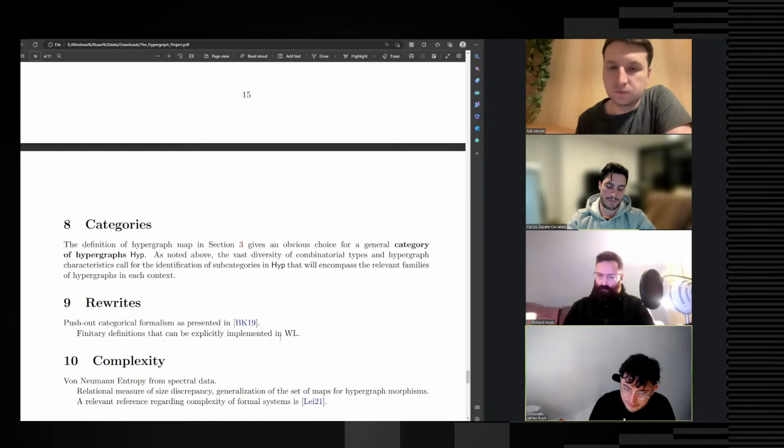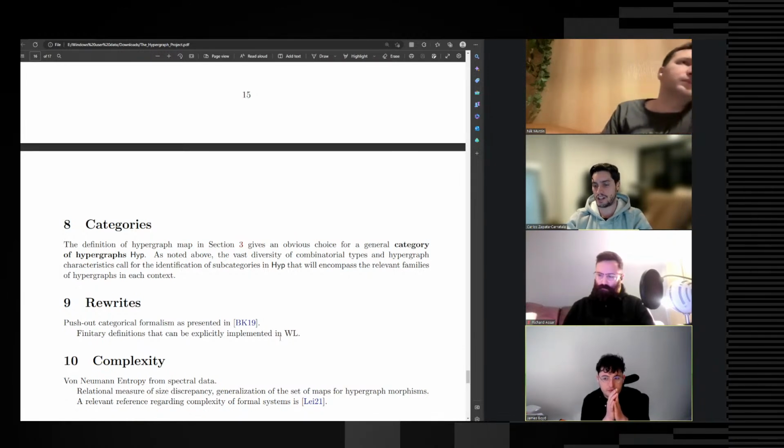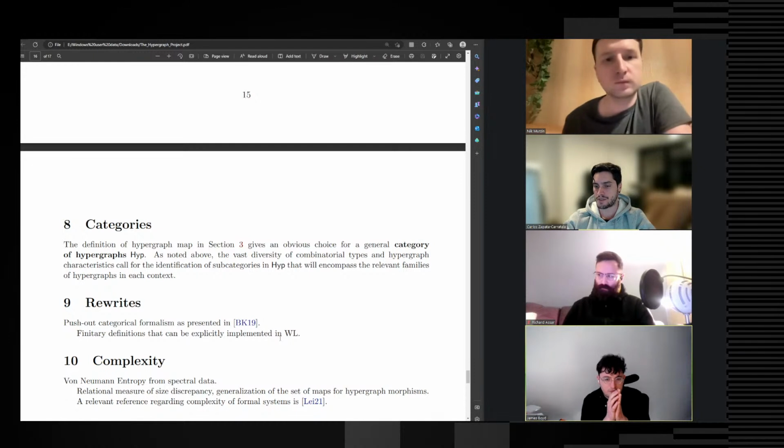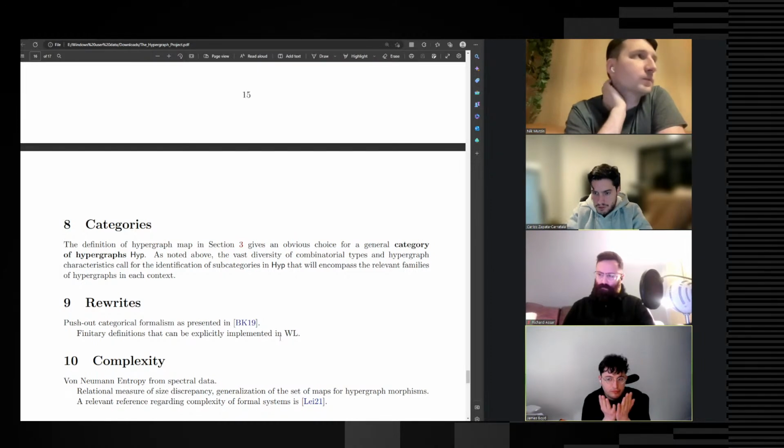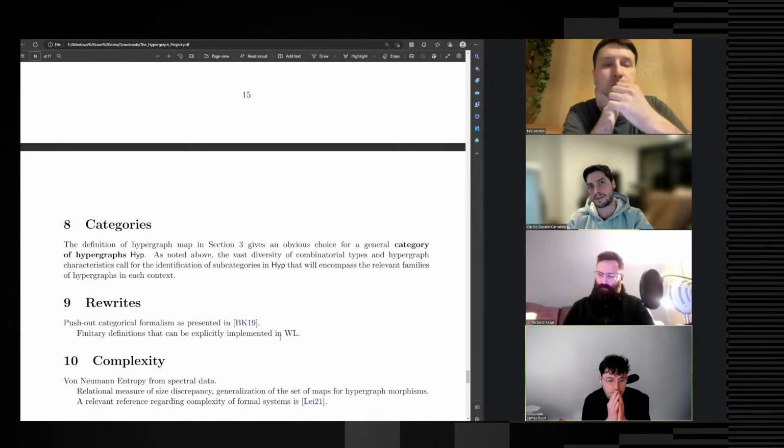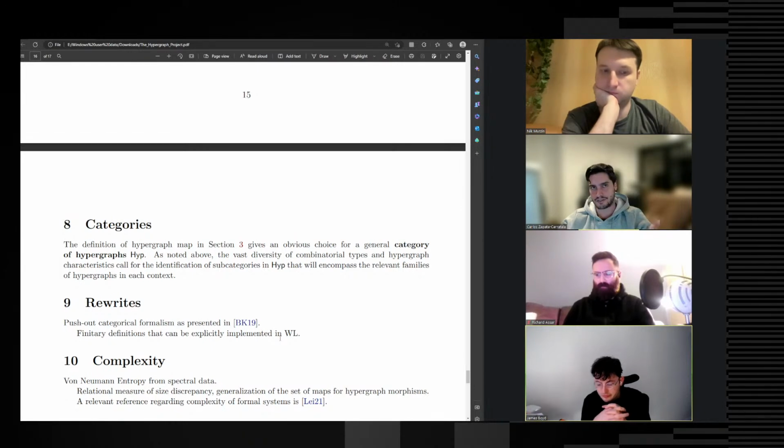So there is the very obvious point: one could ideally think that if we understand the data structures well enough, then doing rewrite theory over them, or rewrite systems over them, should be just a matter of doing rewrite theory, finite examples and computational experiments and so on. But the fact of the matter is that there is a relatively large community, it's not huge by any stretch, of people who have been working on hypergraph rewrite systems for the last 5, 6, 10 years at most. And it's relatively active.